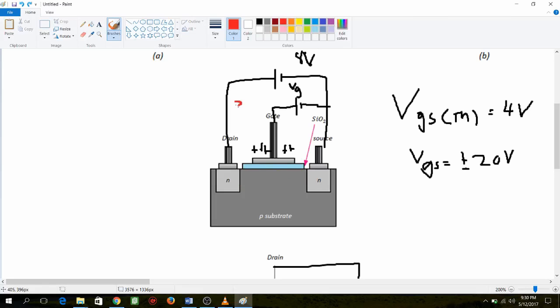But since 3 volt is less than my threshold gate to source voltage level, it is not strong enough to attract the electrons here. Only at greater than 4 volts is it strong enough to attract the electrons. Let's say, for example, at 6 volt, it is now strong enough to attract the electrons and thus forming a